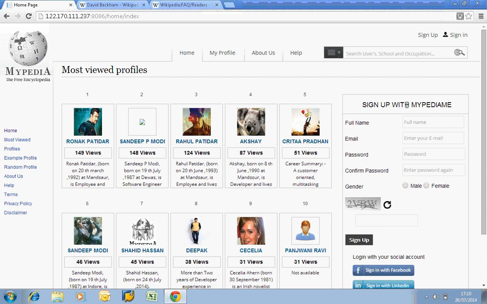I think if you match the same font as the titles and put it across here, sign up with Mypedia, and for now you can keep it as capitals, and we'll see how that looks. Maybe I'm not sure whether it will look better like this, so only capital letters there, only capital letter there, or everything in capitals. Yeah, for now keep it as everything in capitals. Sign up with Mypedia, but just have the same font as this, because I think it looks a bit out of place. Okay,